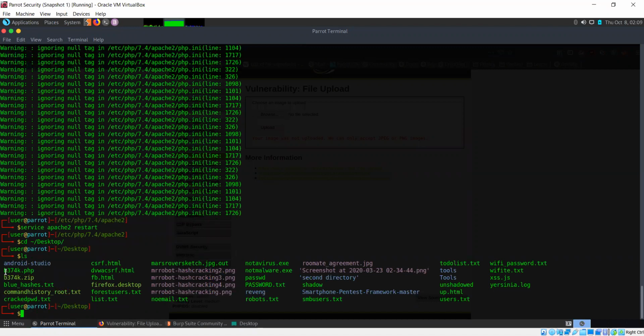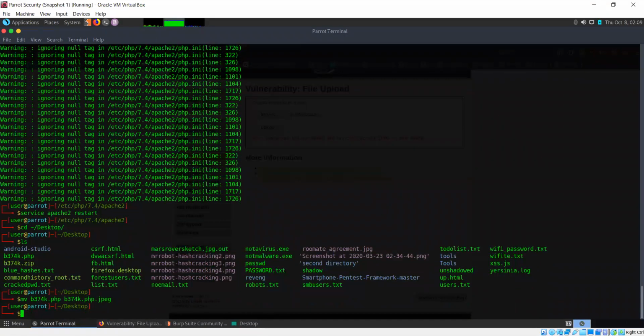Okay, b374k.php, and I'll simply rename it to b374k.php.jpg. So now I've renamed the file.